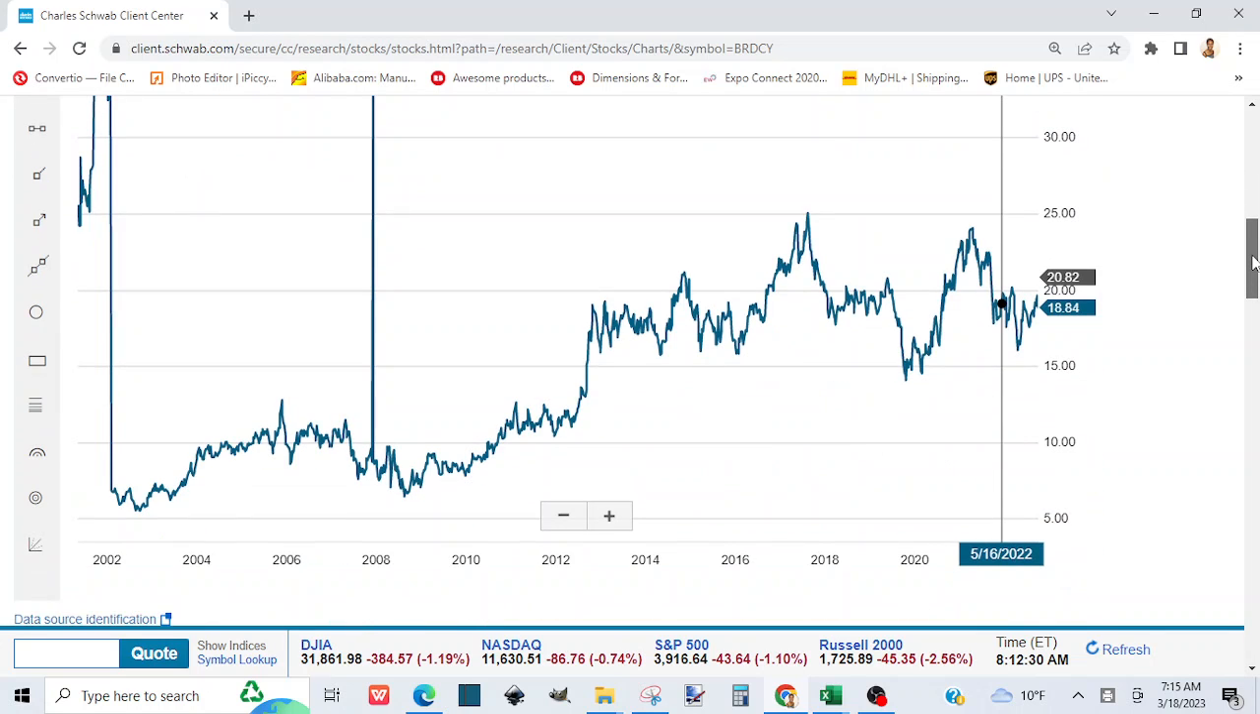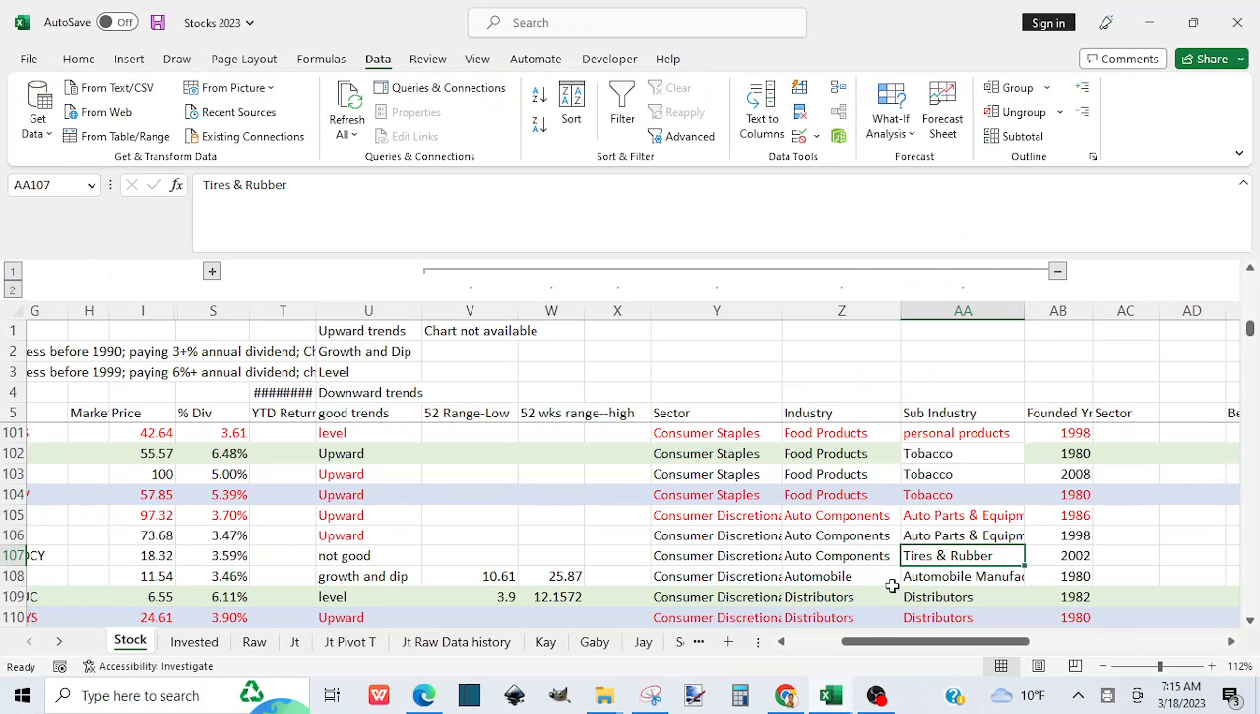But that's how you choose your filters. So you will want to pretty much rate the stock that you found. Here I just put "not good," but I have multiple options: upward trend, growth and dip, level, and downward trend. So the filter we are setting is,